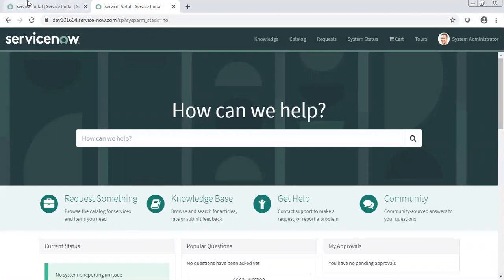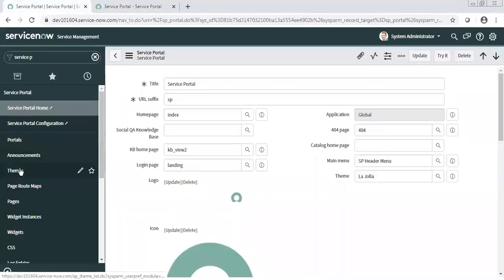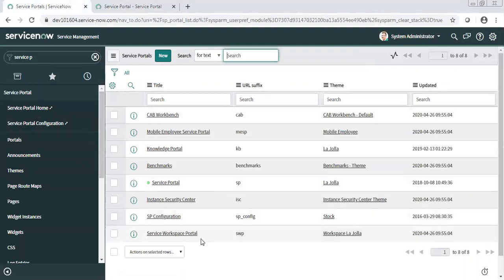Now, if you want to see how many portals there are in ServiceNow, if you go into the portals, you can see there are a lot of portals. This is a default portal provided to you by ServiceNow, and you will see other portals as well, used as part of different applications. Now, if you activate other ServiceNow plugins in your instance, then you will see some more portals.